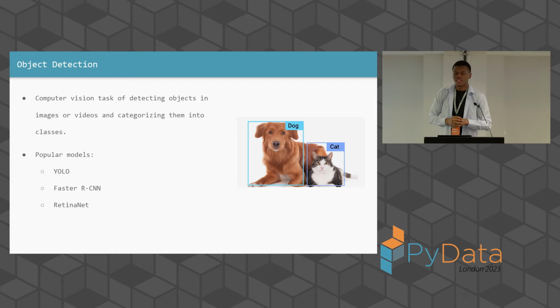Some popular models for these include YOLO, Faster R-CNN, and RetinaNet. So those models are all built on convolutional neural networks, and then you just build off of that same base